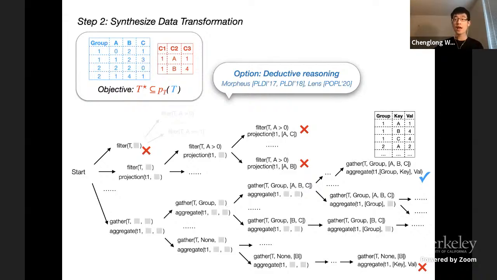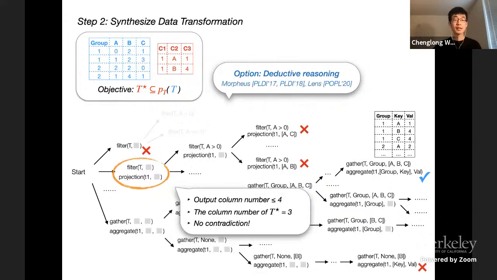As you can see, this approach allows us to prune programs without having to instantiate the unrealizable part of the search space. But we're not so lucky here, because if we consider both filter and projection, which essentially removes some columns from the input, then we are not able to derive any conflict. We can only conclude that the output column number is smaller than or equal to 4, and there is no contradiction.